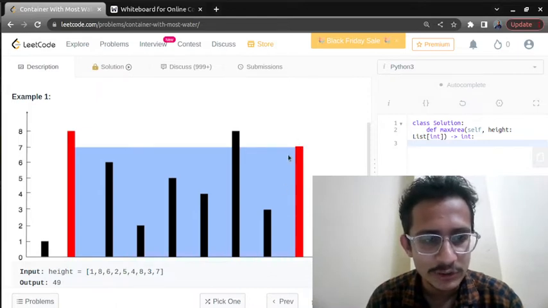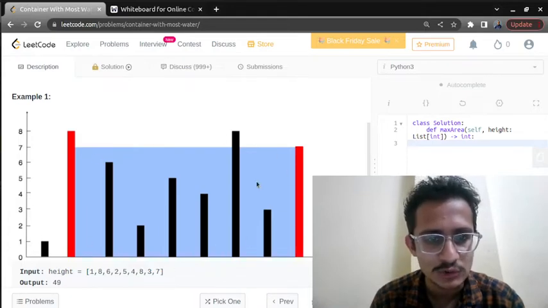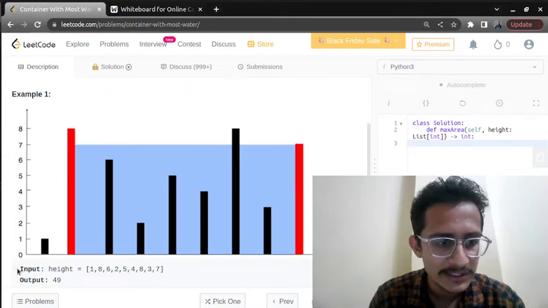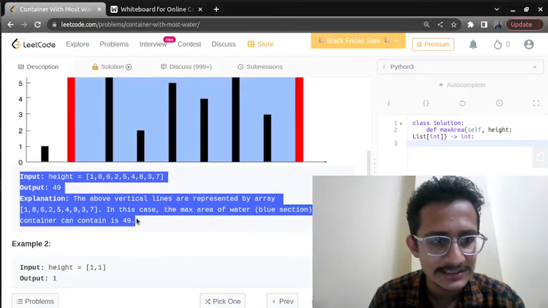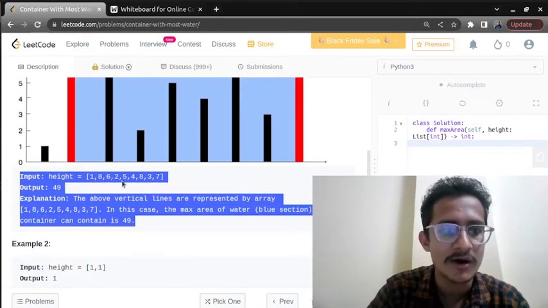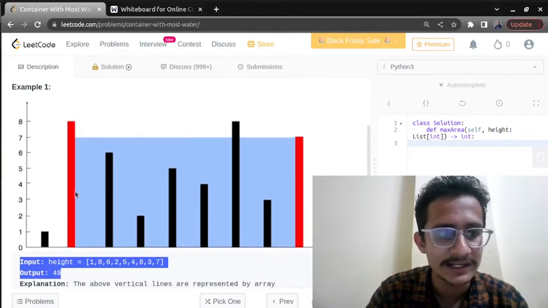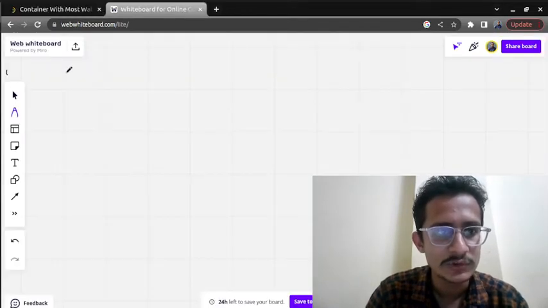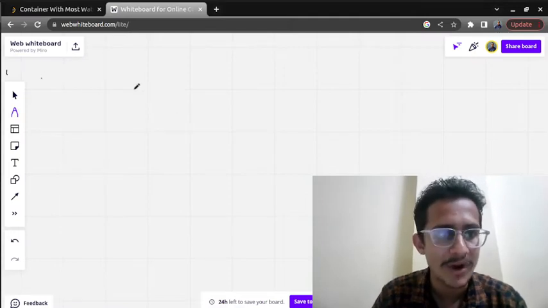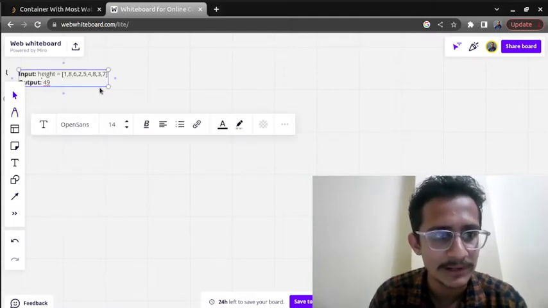Now what we need to do is find the maximum amount of water that can be stored here. Let us copy this and I will tell you how we are going to solve this. I hope the diagram is clear to you. Okay, so let us jump to the whiteboard and try to solve the problem.